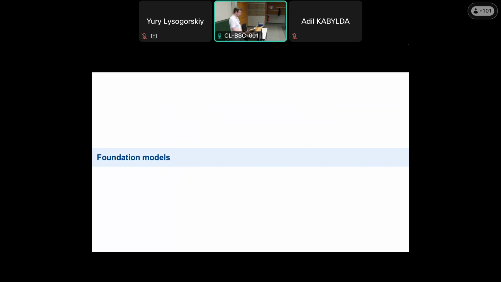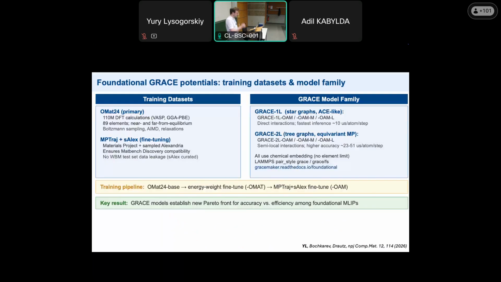All right, so for foundational models, we started with what is nowadays considered the first exercise in foundational models in material science. I also have to mention that our focus is mostly on material science, not chemical and molecular, but condensed matter. So that's why we focus on the OMat datasets from Meta, and Materials Project and Alexandria.